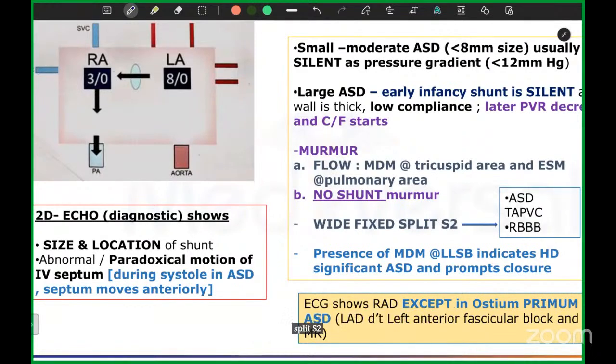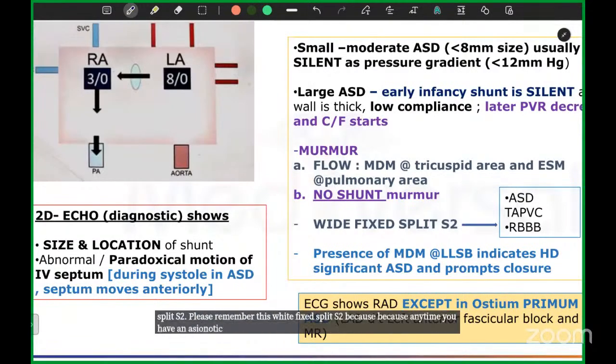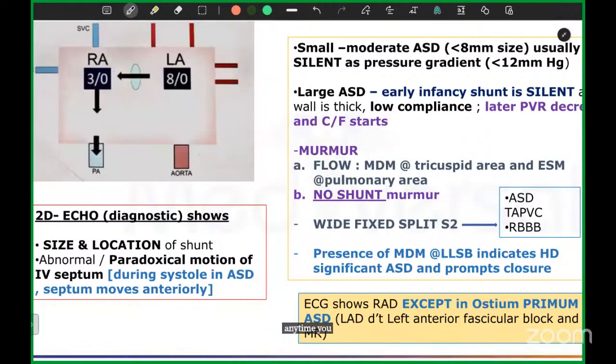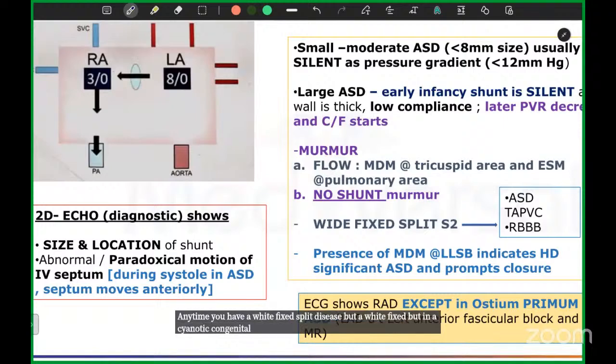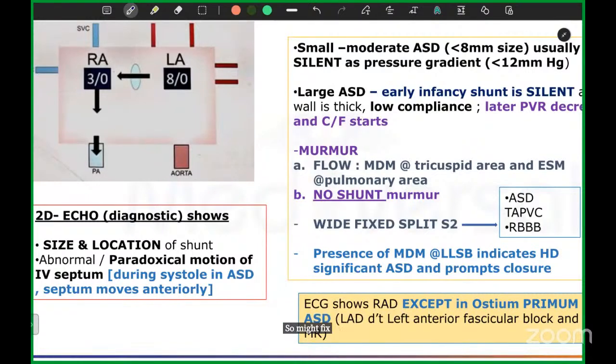Please remember this, wide fixed split S2, because anytime you have an acyanotic congenital heart disease with a wide fixed split S2, it is atrial septal defect. Anytime you have a wide fixed split S2, but in a cyanotic congenital heart disease, it is TAPVC. This is another MCQ which has been tested in your super specialties as well as in your PG entrance exams. So wide fixed split S2: ASD in an acyanotic case, and TAPVC, total anomalous pulmonary venous circulation, in